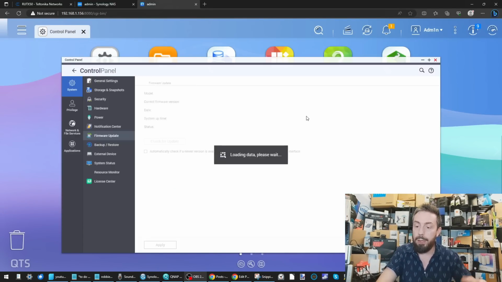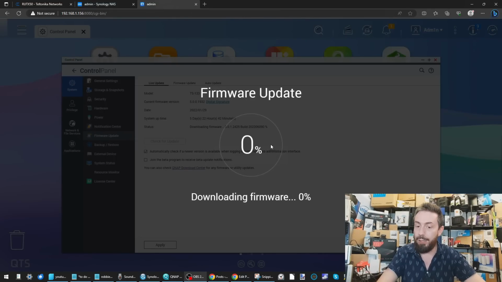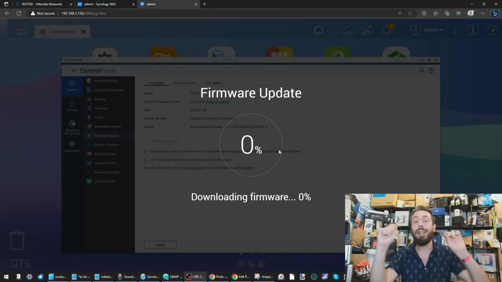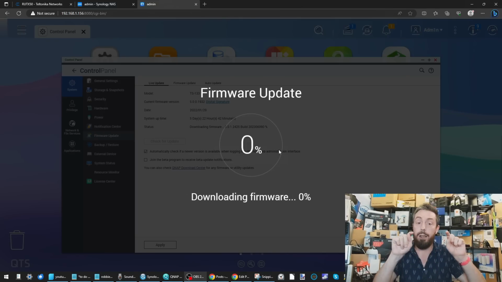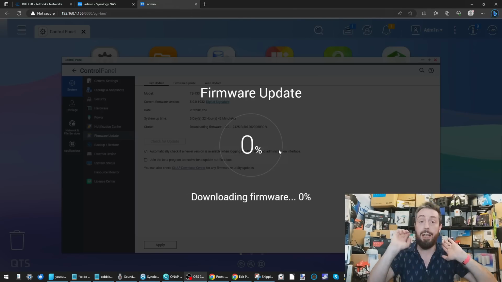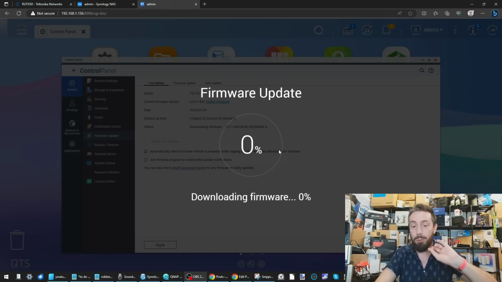But if we go back in, we go into the firmware update settings, and as you can see, it's not allowing us to do it. Now, the reason earlier on that you saw me disconnect that network adapter was because disconnecting the network adapter stops this process. You disconnect it, and then you reconnect it, and you can go into the QNAP NAS and have a little look. But nonetheless, it would still go into this firmware update. So presumably it is an auto update setting by default, but I don't remember setting that up.